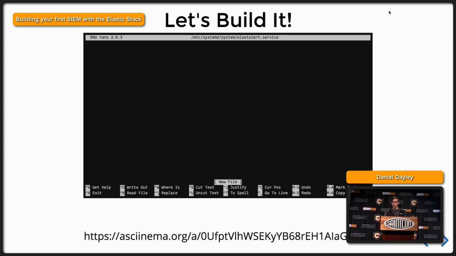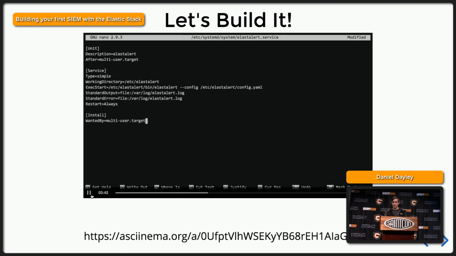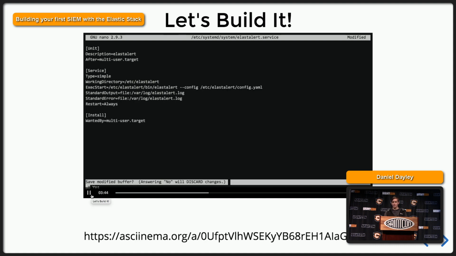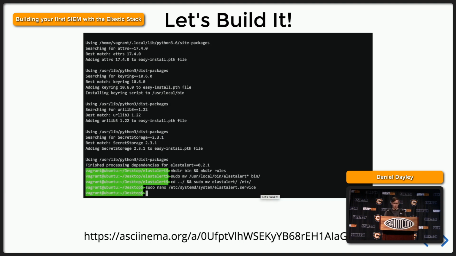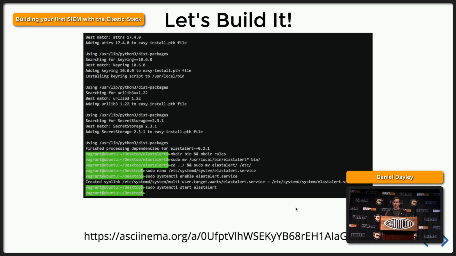So the first thing that we're going to do here with ElastAlert is create that service, like I said. That's pretty straightforward. You just enter the service details, and we'll get it enabled here. I think probably the most difficult one to get installed here is Zeek, which we'll go ahead and get that